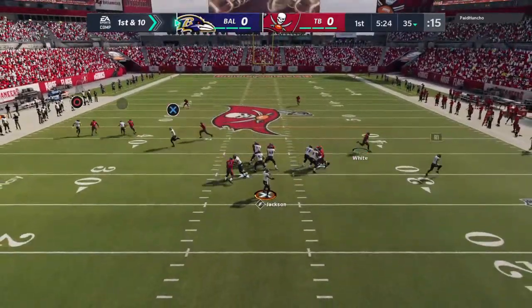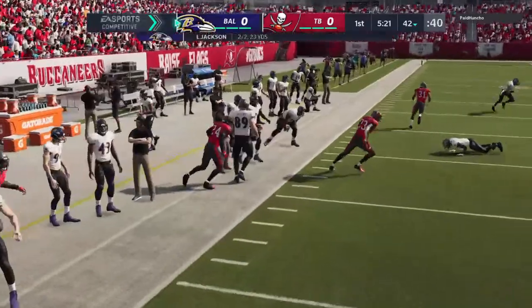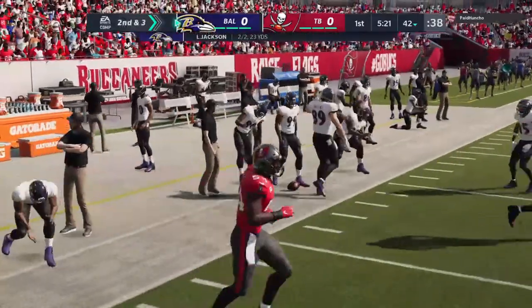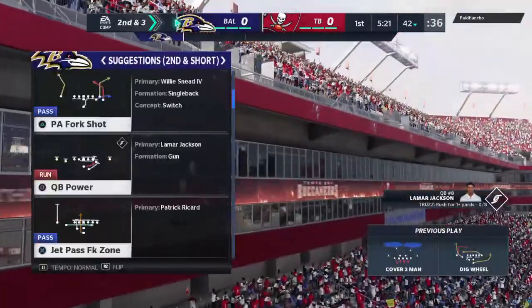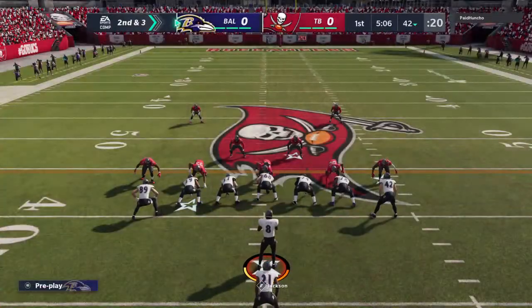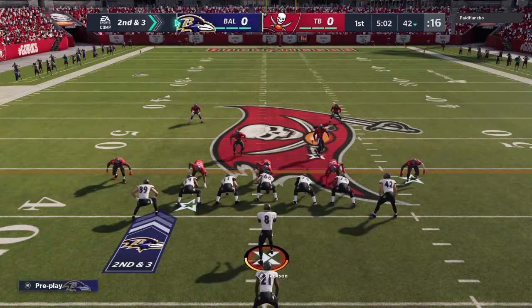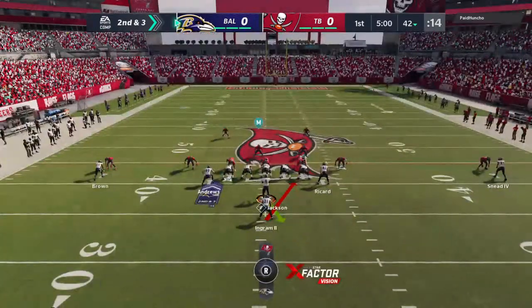From the gun, it's Jackson. He's got his man. It's Andrews, and he'll be out of bounds after getting this one across the 40. 7 yards, the pickup there. That's a staple of this offense. Drag route to the tight end. Yeah, he's unable to use his size to break off much more yardage after the catch, but still an effective